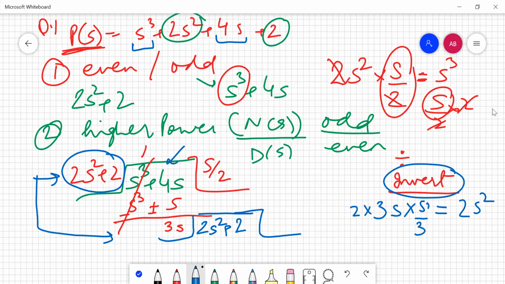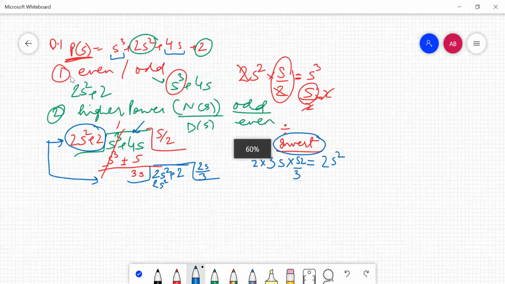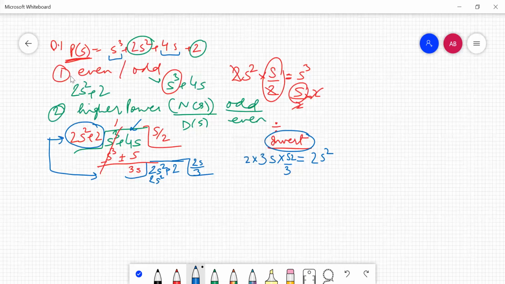multiply by 2. So that means here the quotient will be 2s by 3, so that you get your 2s square. So now you are going to write here 2s square. Let me just get a small space more here. So now you are going to subtract it. Let me just change the color. So here you get 2. So again, we have divided it here. We have done the division.